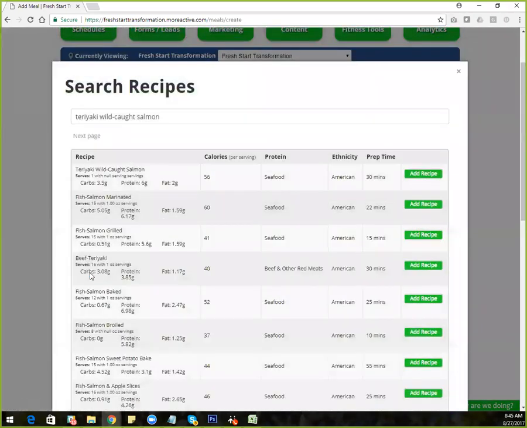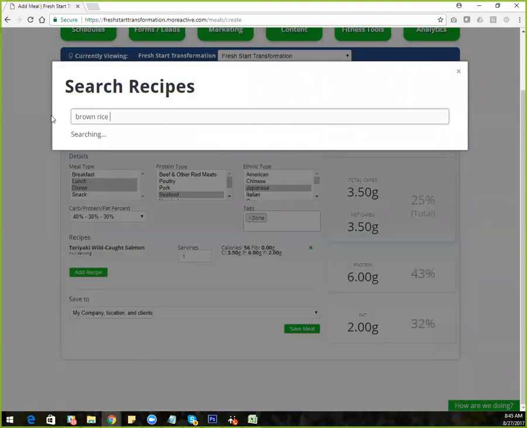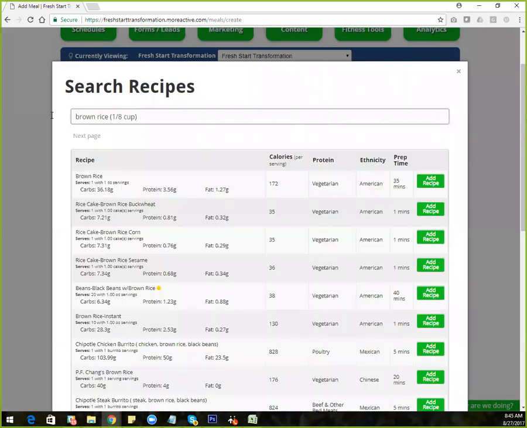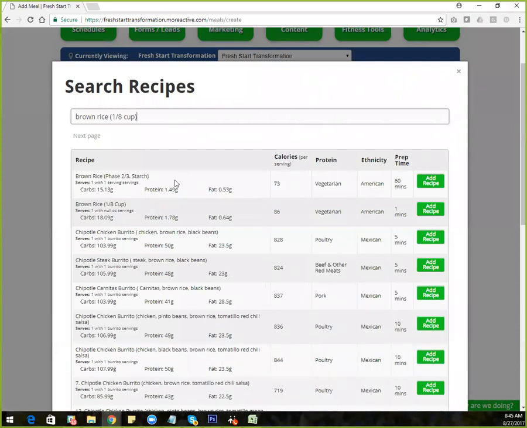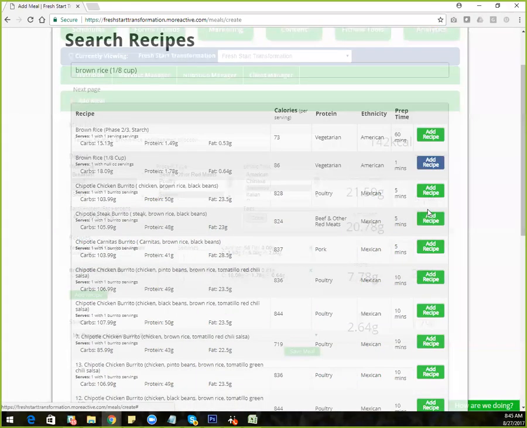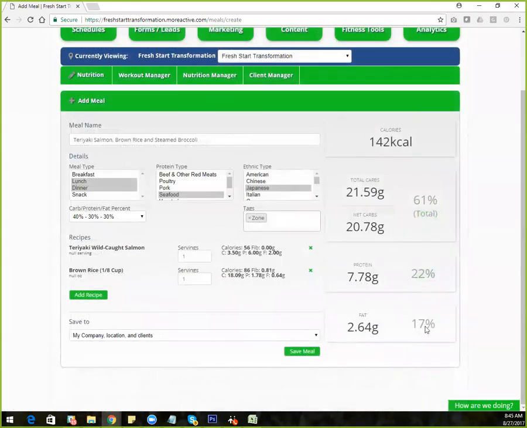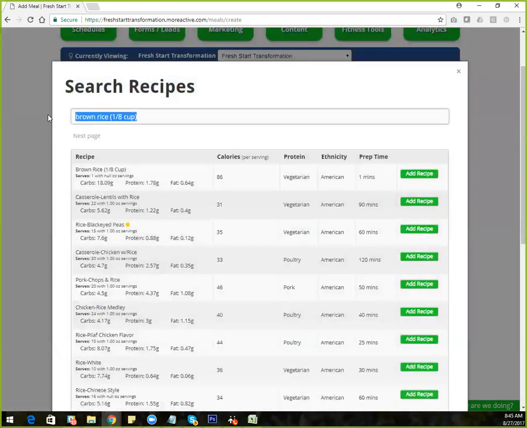Now I'm going to add in the ingredient of brown rice. And I also know that I have a smaller increment of 1/8 cup inside the database. So I'm going to go and find that because it'll allow me to put the meal in with a lower carbohydrate percentage for this particular meal. So you can see my caloric grams of carbs, proteins, and fats have already changed by adding in that additional ingredient. Now I'm going to bring in my steamed vegetables,